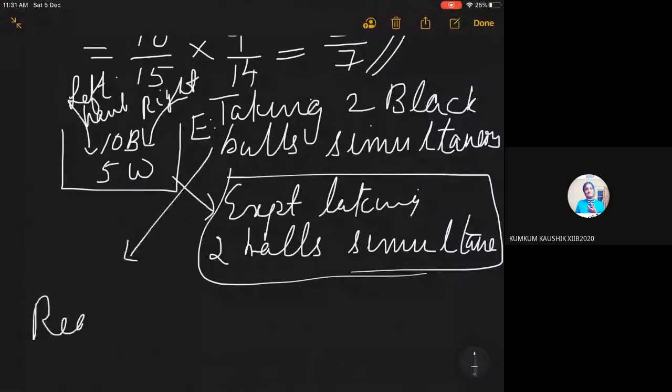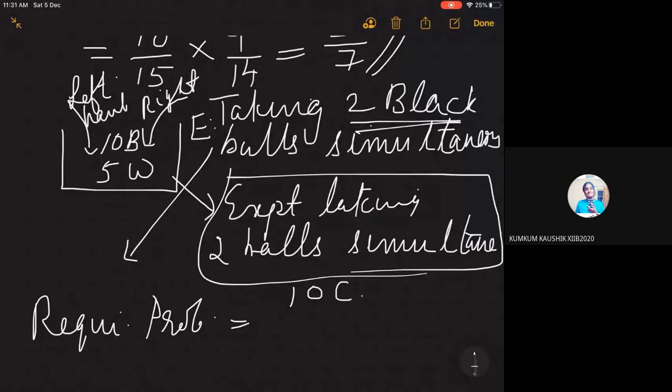Required probability is the number of ways of selecting two black balls simultaneously from 10 black balls only, which can be done in 10C2 ways, divided by the number of elements of the sample space. So the experiment I have redefined as taking two balls simultaneously from the 15 balls in 15